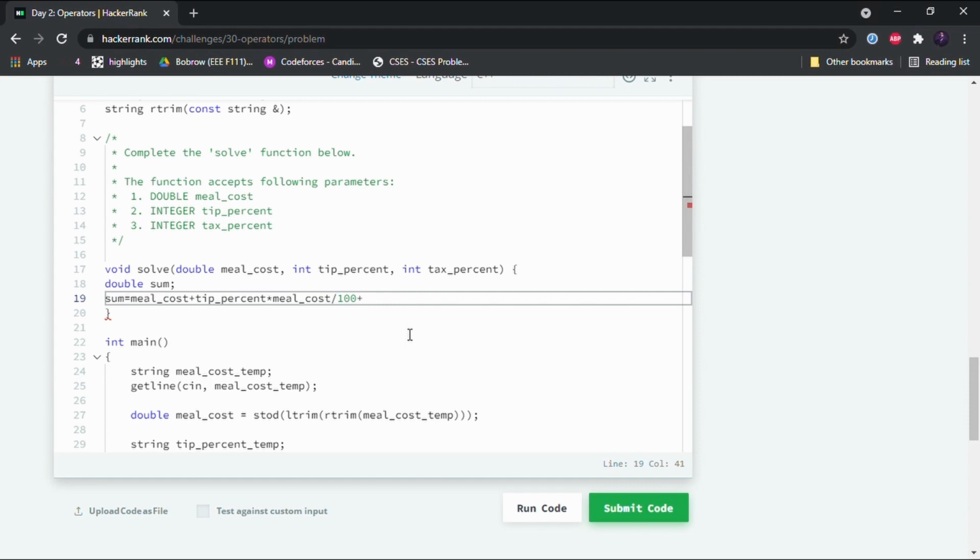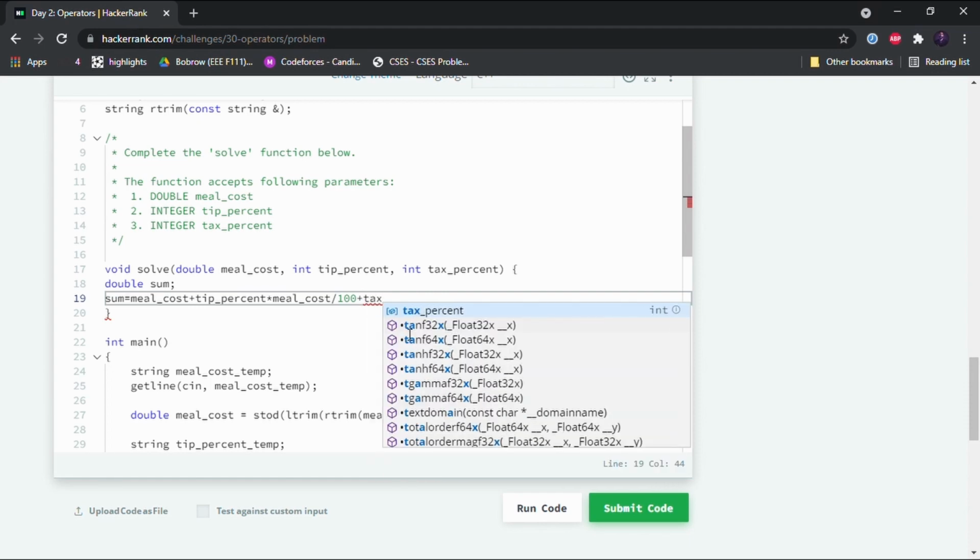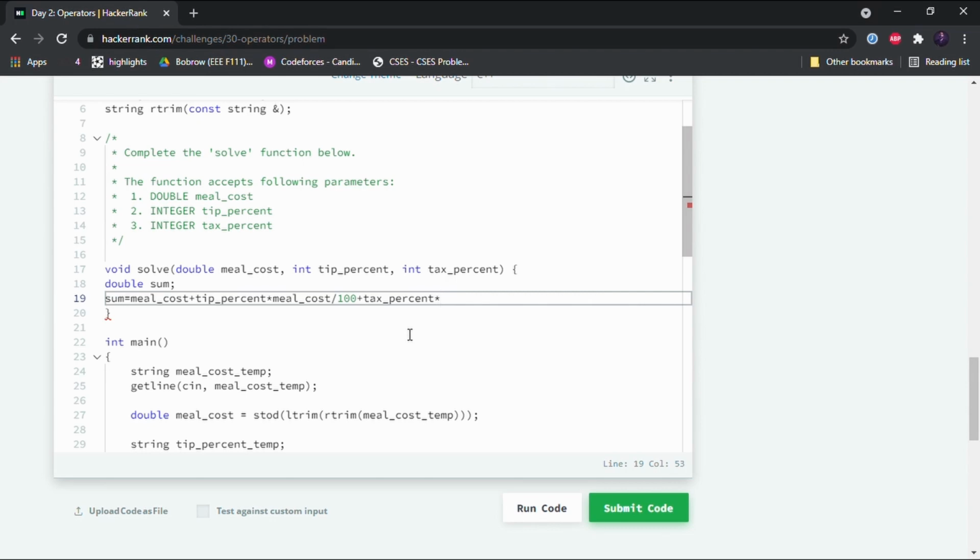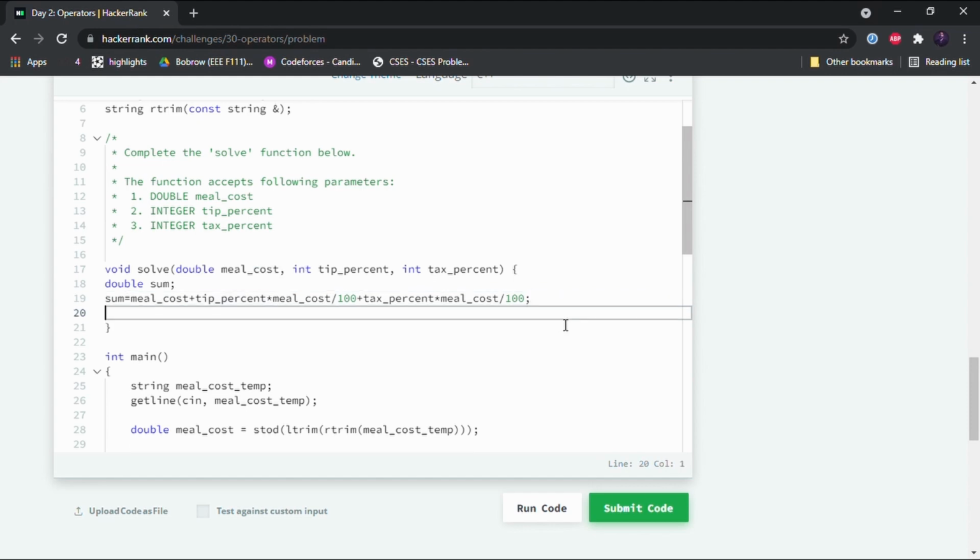And then we have to add the tax, which is tax percent into meal cost by 100. So we have used the operators plus, equal to, and multiply here. I don't think that it needs much explaining.